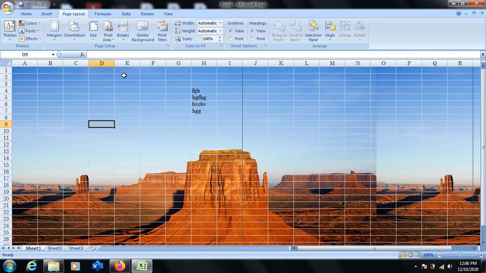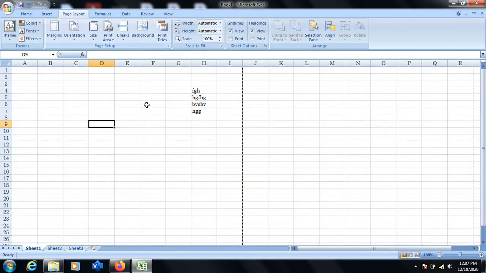If I select any image, that will be inserted as the background for this particular worksheet. And if you wish to remove the worksheet background, you'll have to go to the same option, which now is delete background. Earlier, when the background image was not there, the option was just background. Now as we have already inserted an image background, the option is delete background. Click on delete background, and the inserted image at the background will be deleted.